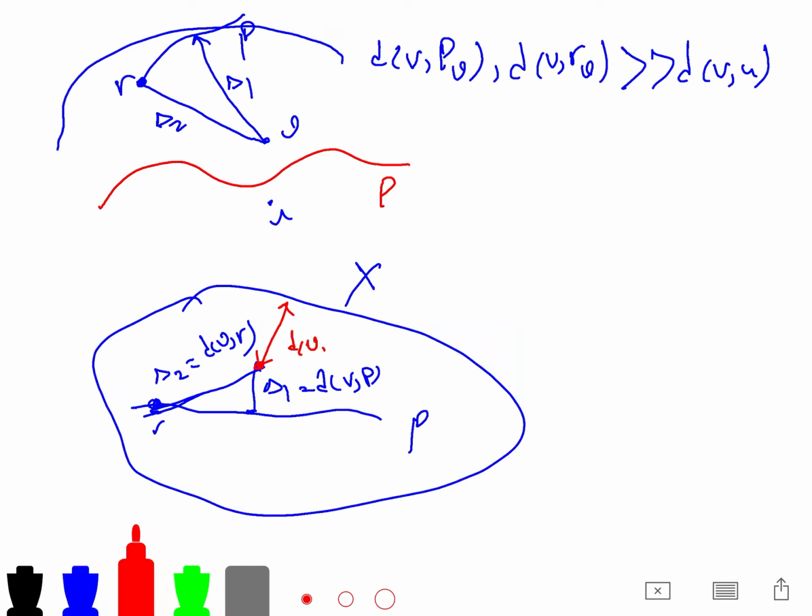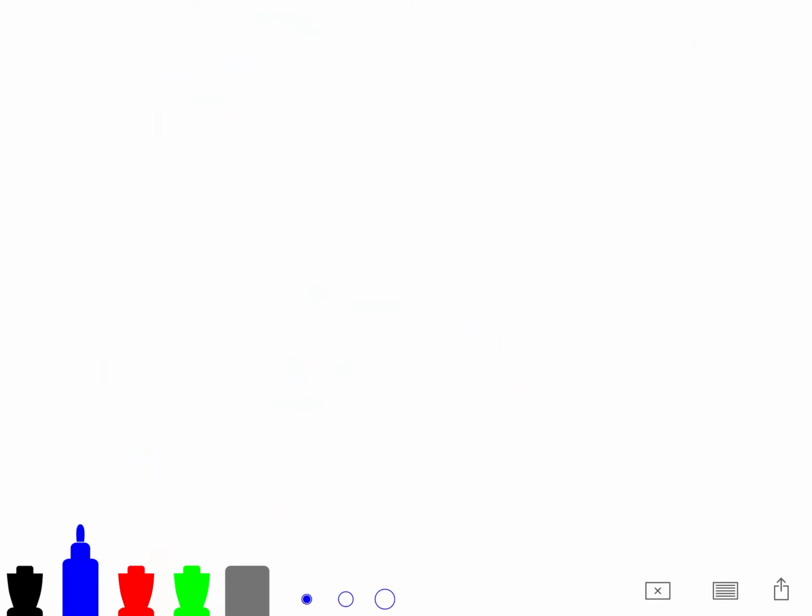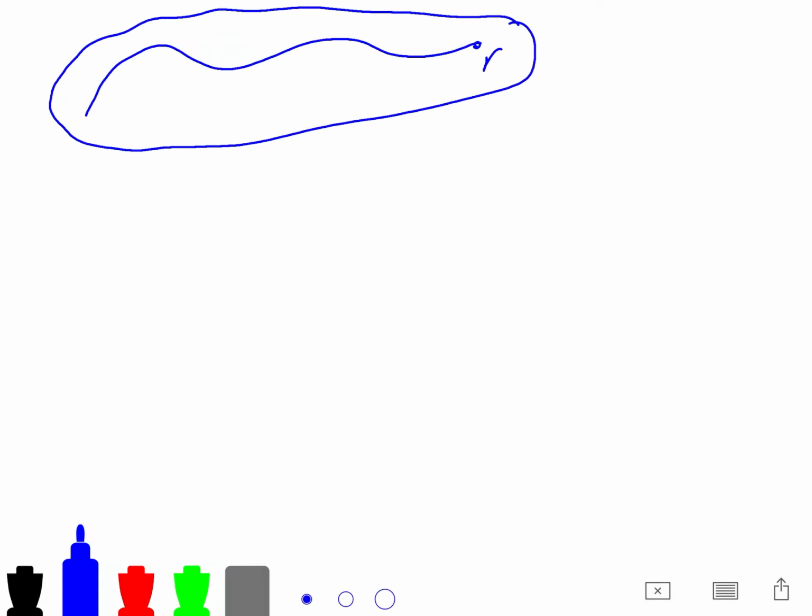The minimum distance between v and outside, which is v but not x, is this. So for each v in the cluster, both delta 1 and delta 2 will be truncated by this d of v and x. So we make sure that there is no unbounded distortion. But we have another problem, so if this is R and this is X,